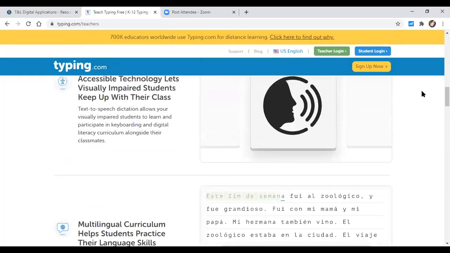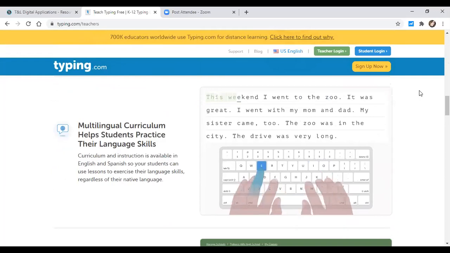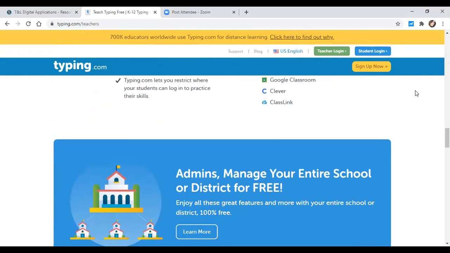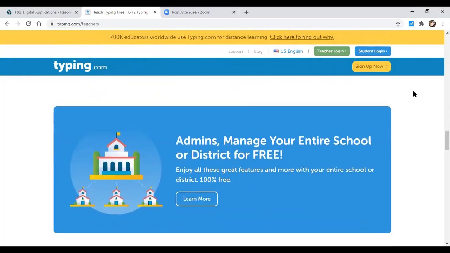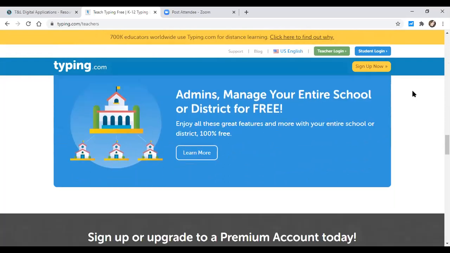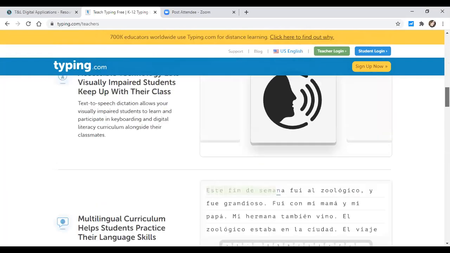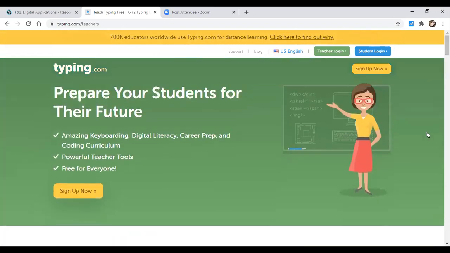It has information on digital literacy. It still shows them how to format documents. Like there's still all of that same stuff in there, and it's a free version, and it integrates with ClassLink. So it kind of is a win-win for us in a lot of ways. If it's something that works really well, maybe we can consider looking at a premium account at some point, but